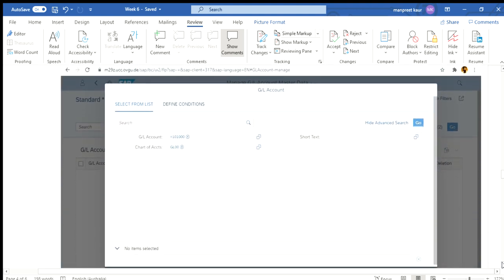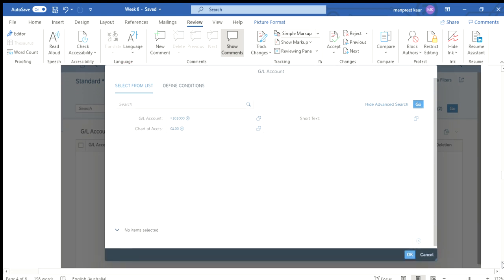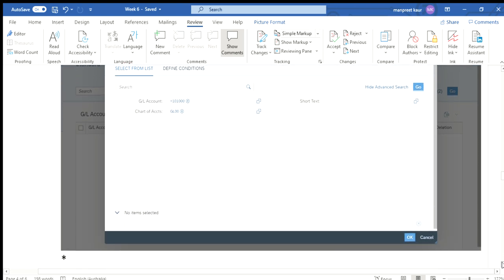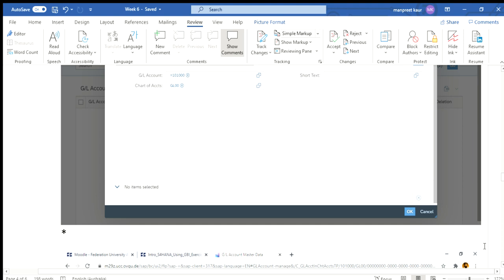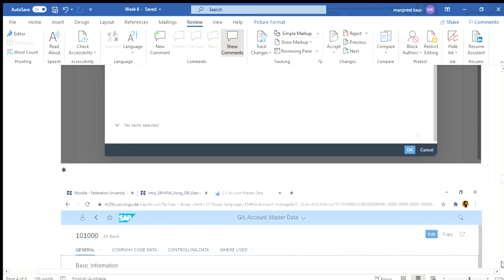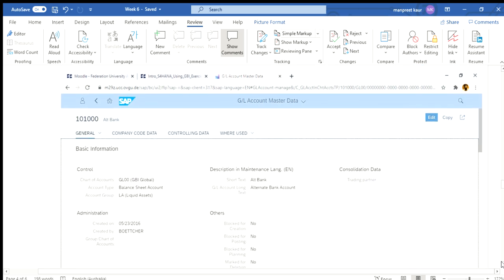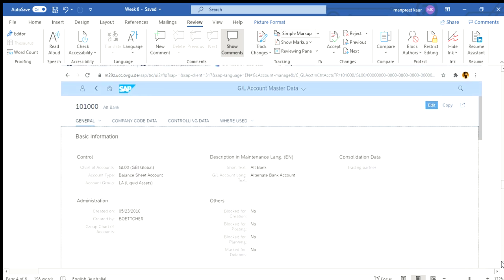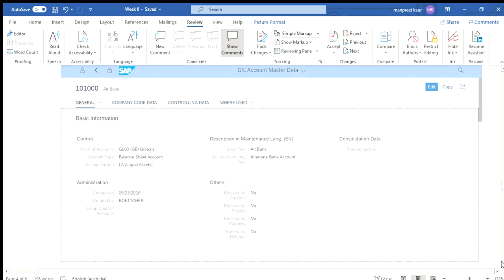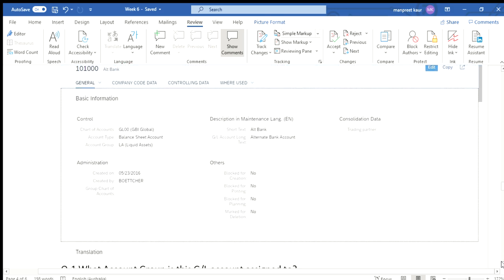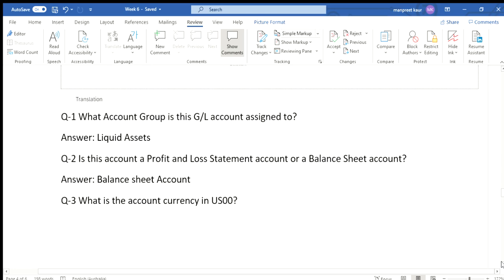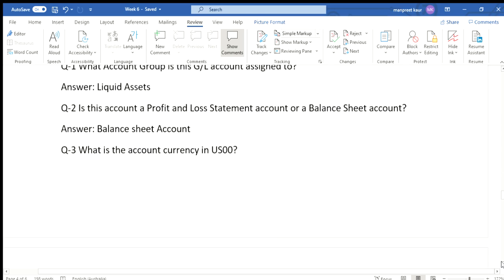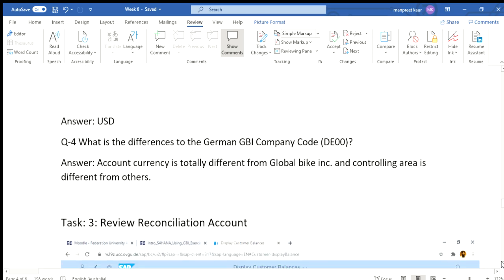For filling our columns we need to follow all instructions like this and then press on OK. Move your cursor on OK and click. When we do this, we will get full information, like general account master data, as we can see on our screen. And these are some answers which were asked in the lab work.